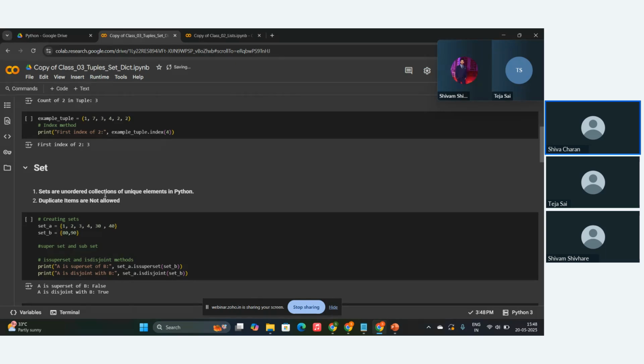Sets are an unordered collection of unique elements in Python, and duplicate items are not allowed. So one more thing in sets is